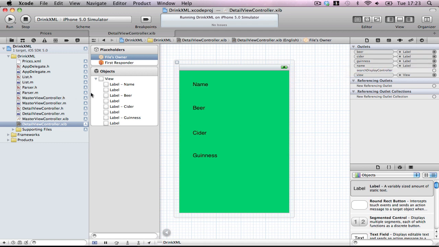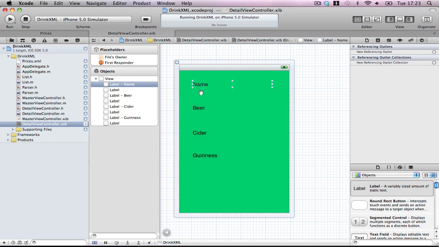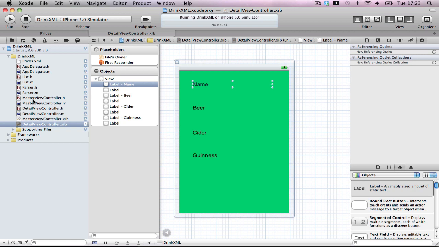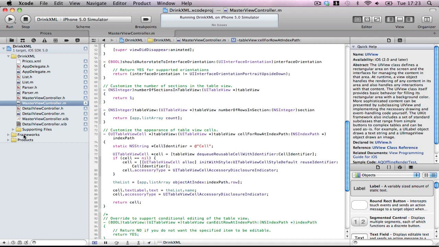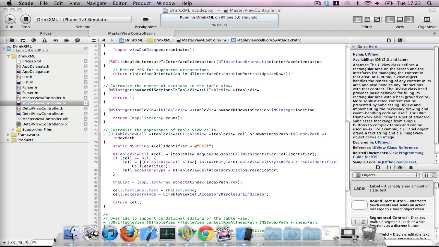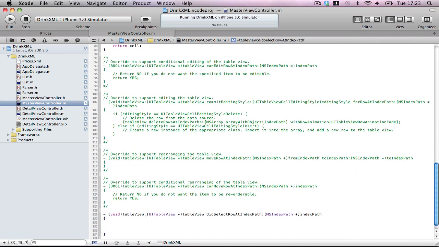Now before we can actually build this, I feel it's going to be in the way. There you go. Okay, we have to configure the detail view controller to actually push these, so the master to push into the detail controller. So we can make that go away now. So detailView controller, it's called detailView equals detailViewController alloc init,